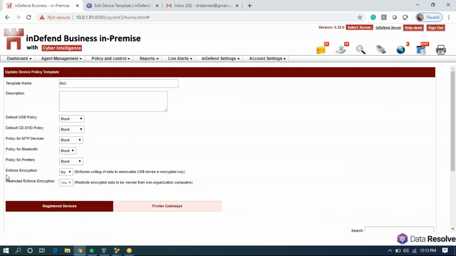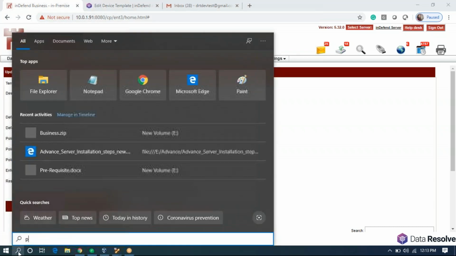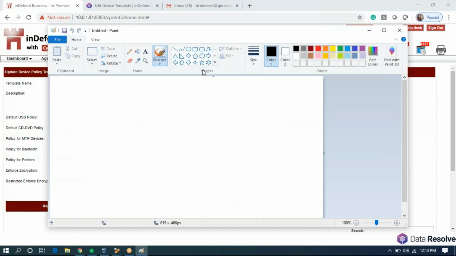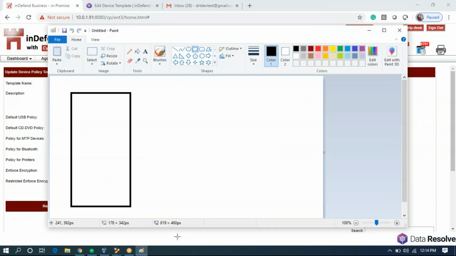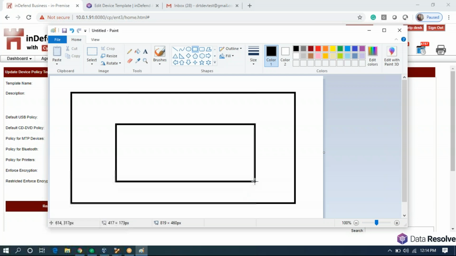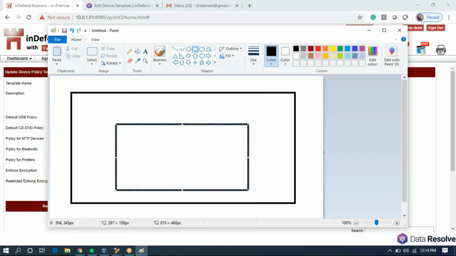Now, the major thing that we need to see in this template is enforced encryption and how it exactly works. As I've already mentioned before, how enforced encryption works is you have this USB space. Inside this space, Indefin will create a dynamic encryption vault which will also be password protected.